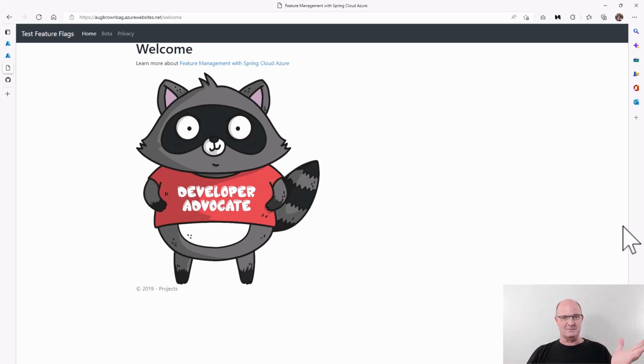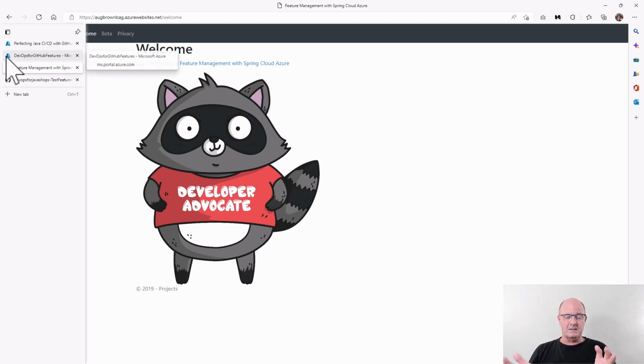Like I say, just a simple Spring Boot application, but this feature could be anything. And you can do more than just turn it off and on manually. We'll be talking about that towards the end of this talk. So this is what the application looks like. You can turn that feature on and off, and we're going to deploy this out to an Azure Web App, and we're going to connect it to that feature flag.